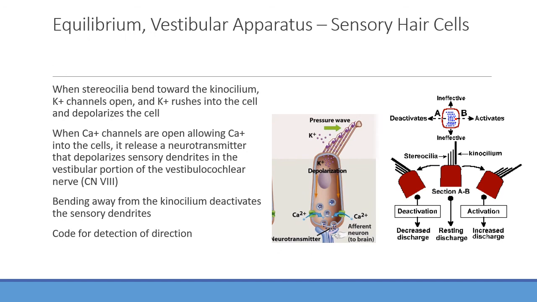Okay, again, this is saying the same thing. Basically, when the potassium comes in, it causes a depolarization that allows calcium to flow in. That calcium then causes release of certain neurotransmitters, things like glutamate, that sends that signal up through cranial nerve 8 back to the brain. Okay, and then the potassium is going to be effluxed back into the perilymph, and then can eventually be recycled back into the endolymph there. Okay, so potassium is a big mover here, causing action potentials, not sodium, as opposed to most other cells we've talked about before.